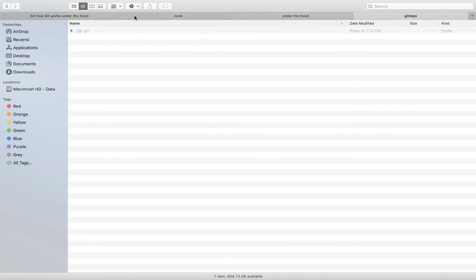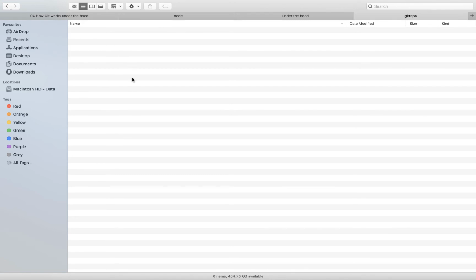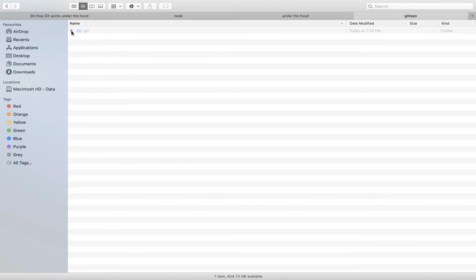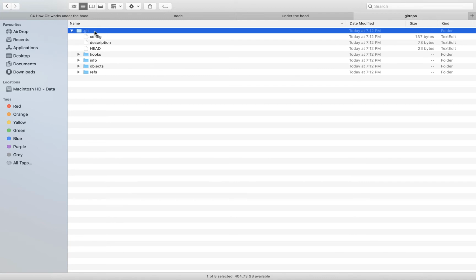Similarly over here, if you're not able to see it on your screen, it means this folder is hidden. In order to enable this, you have to press command shift dot. It will display the hidden folders. The grayed out section means this folder is hidden, as I said, and by default this .git folder will be hidden, and we are not supposed to make any changes. It should be done by the Git commands themselves or by the Git system itself.